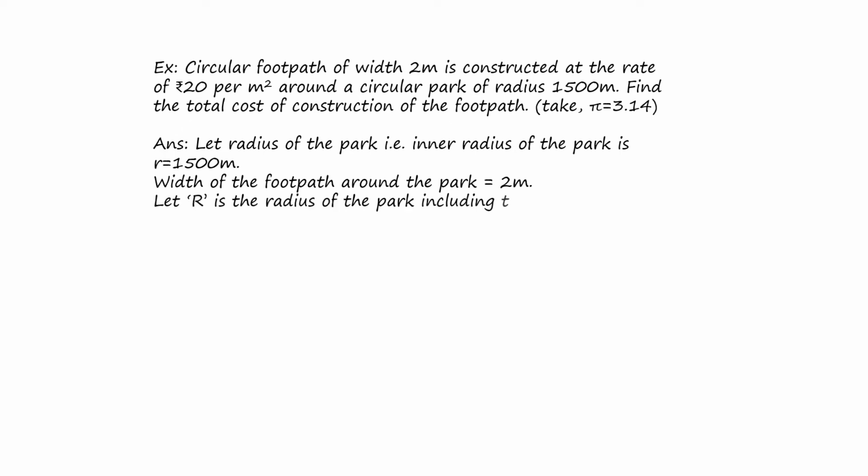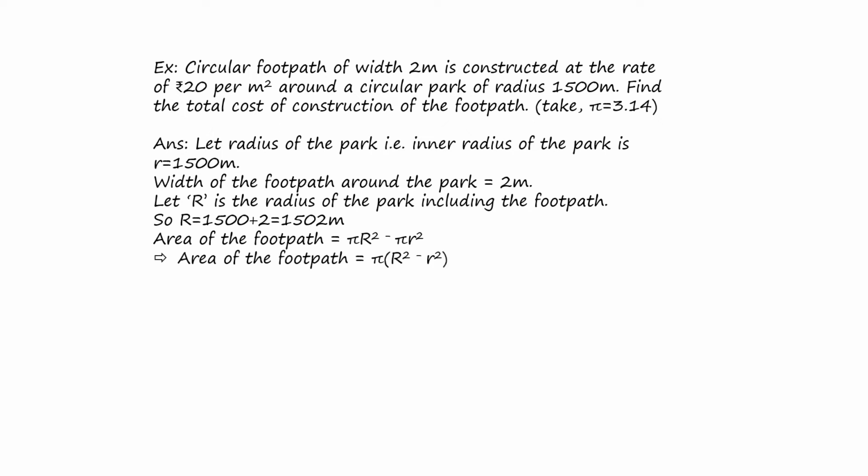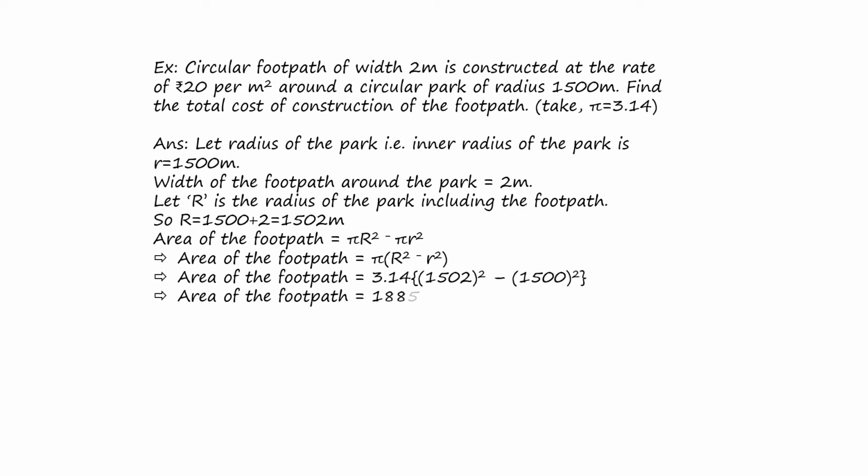Let capital R be the radius of the park including the footpath. That means we can say capital R equals 1500 plus 2, which is 1502 meters. Now the area of the footpath is pi capital R square minus pi small r square, or taking pi common, pi times (capital R square minus small r square), which we can write as 3.14 times (1502 square minus 1500 square), which equals